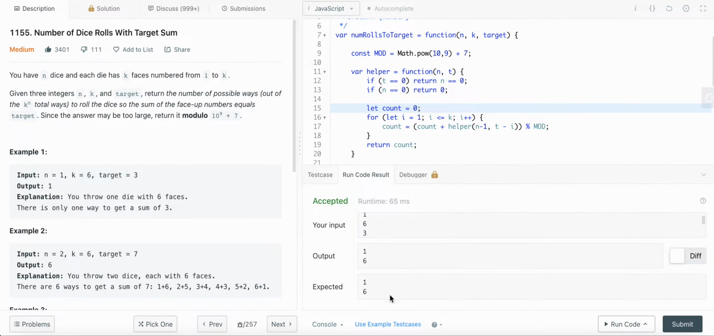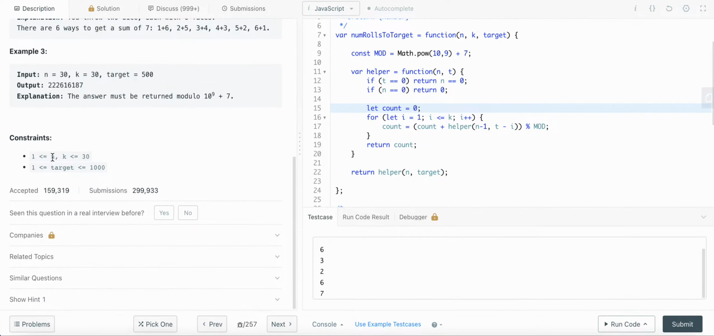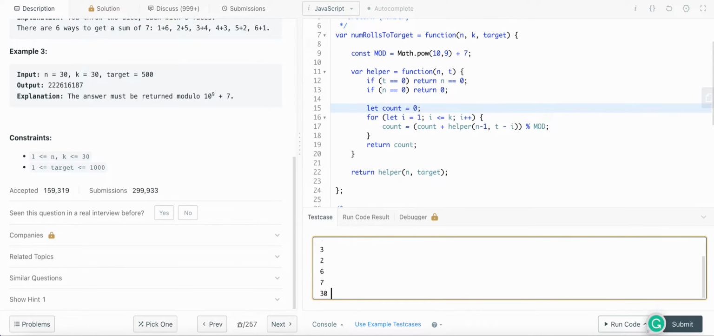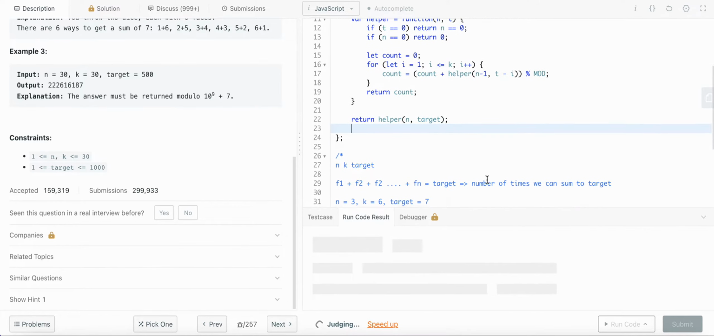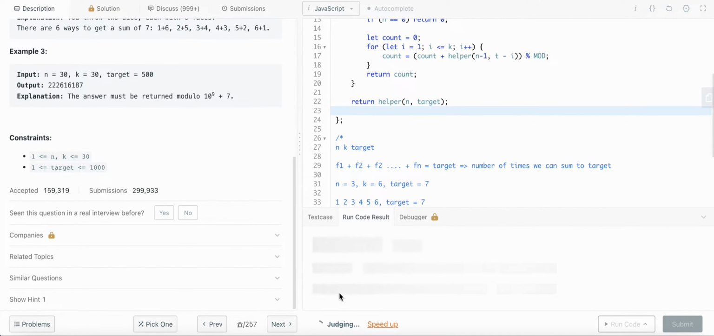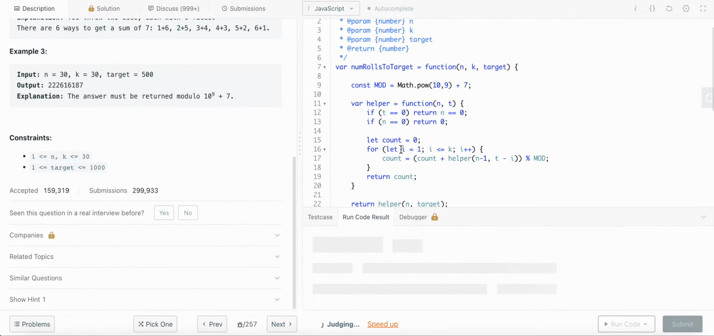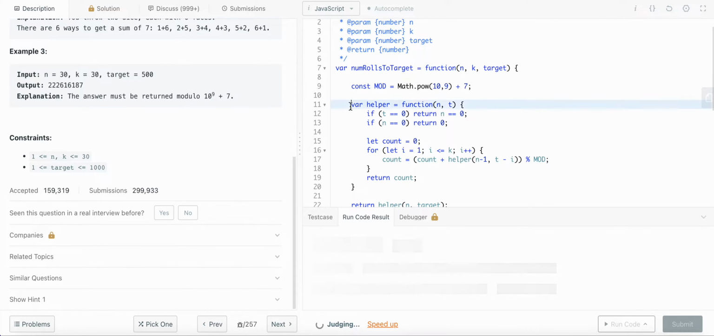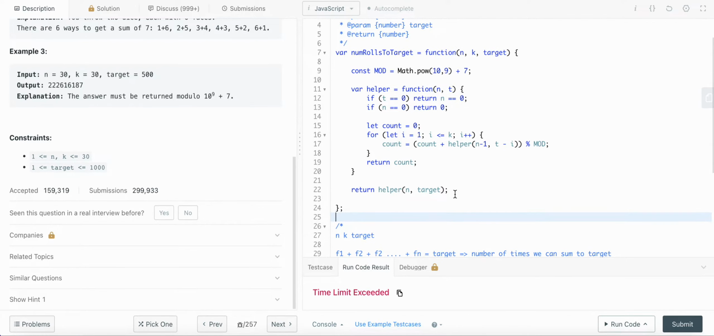So that's these two test cases passed, right? These two test cases passed. But what if we had the extreme test, like values are 30, 30 and 500? In this case we'll get a time limit exceeded error, runtime error, and let's just calculate the time complexity of this one. So yeah, time limit exceeded, and the time complexity is actually O of